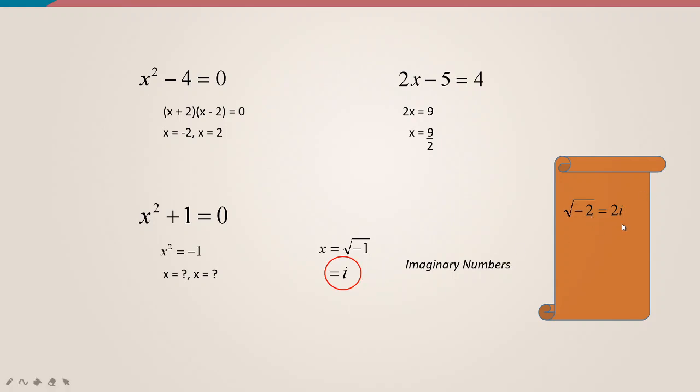of minus 2 will be root 2 i, root of minus 5 will be root 5 i, and root of this big number minus 9483 will be root 9483 i. So you get it, by just calling this root of minus 1 a number, we are just calling it imaginary i. By just naming root of minus 1 as i, we can now find the root of any negative number, whatever it may be.